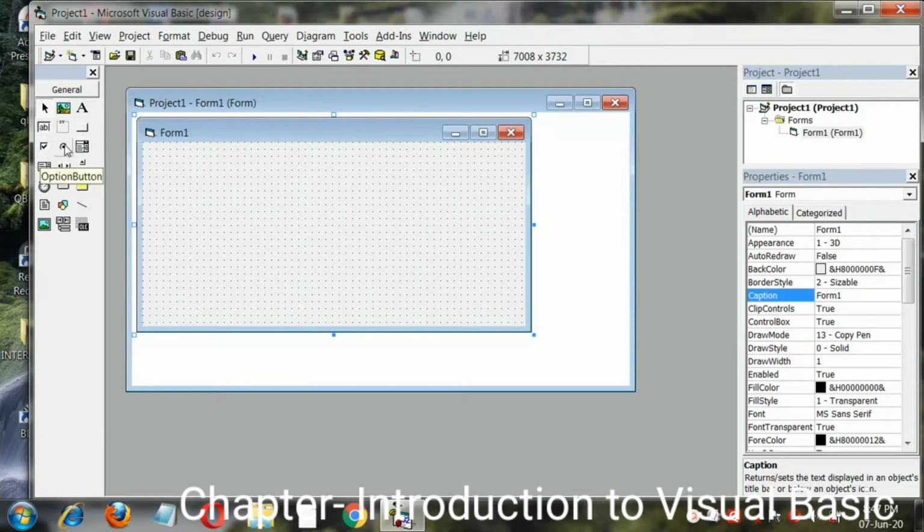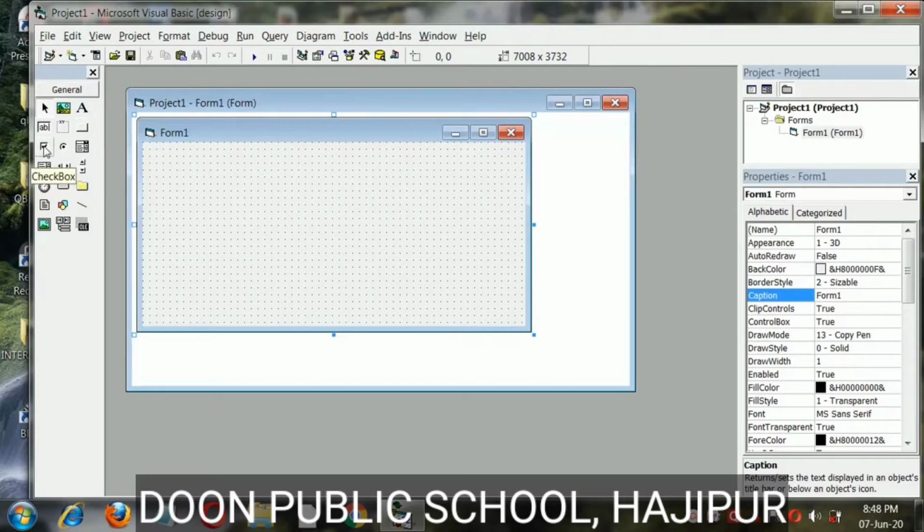First one is picture box, through which we can insert picture. Label is used to give the titles or headings. Then there is text box to add on the things. Then there is a frame. Frame is used to give more than one option or to group something. Then there is a command button. As we click on it, some command will be executed with the help of the codes.